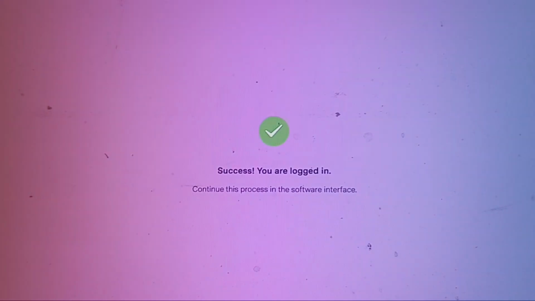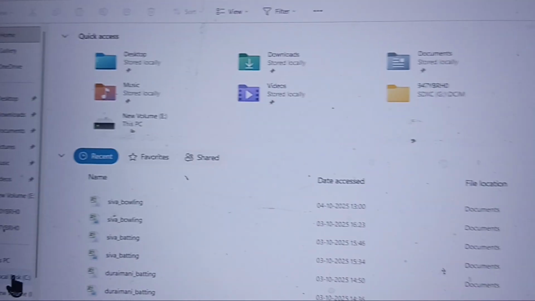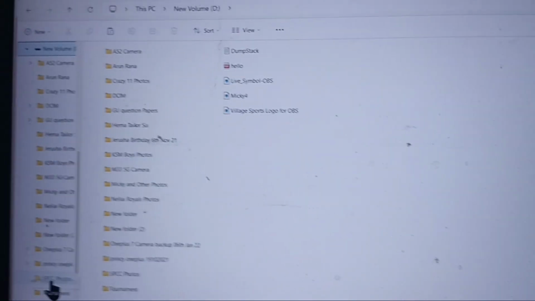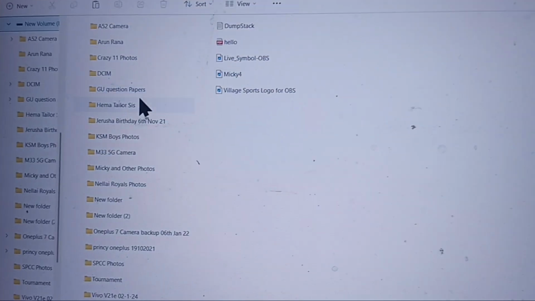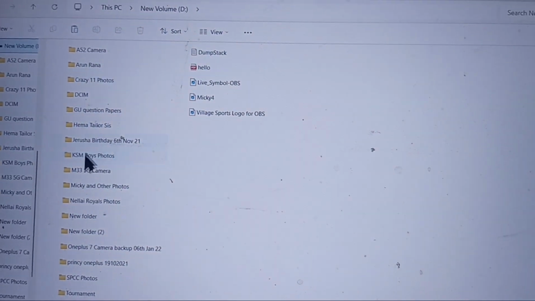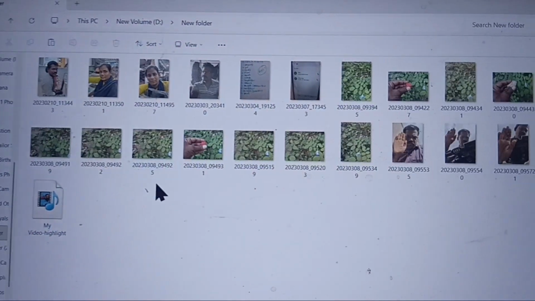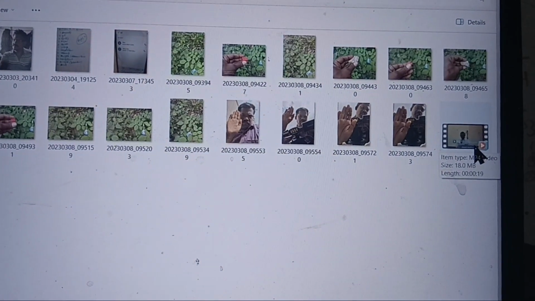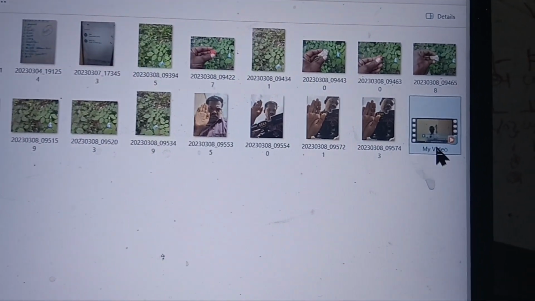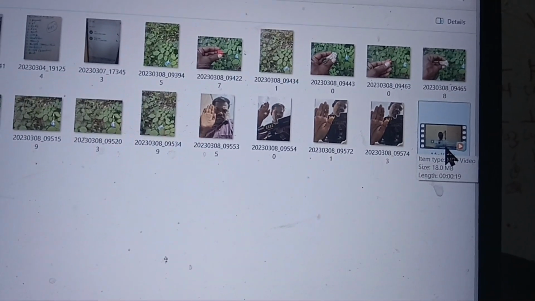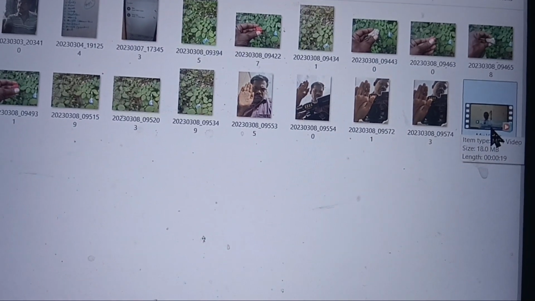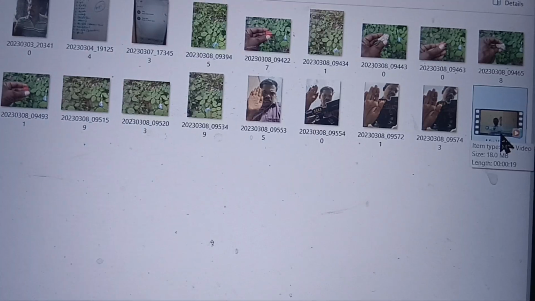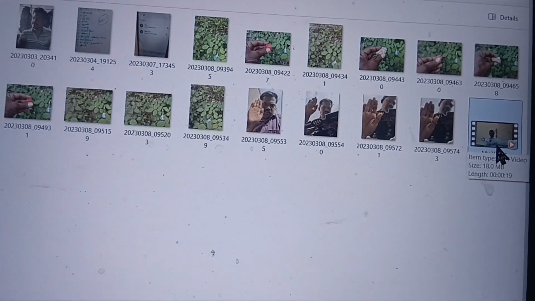So go to the folder, so D folder, and then new folder, and see, this is the video. Okay, so in this way you can easily export video using